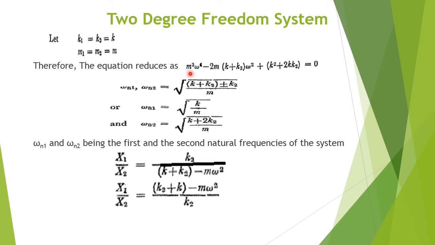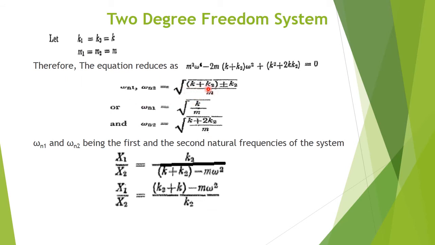since m1 and m2 are equal, m1 becomes m: m squared omega to the power 4 minus (2mk plus m k2) omega square plus k squared plus 2k k2 is equal to 0. So now we will get two values, omega n1 and omega n2. This is a quadratic equation in omega square,